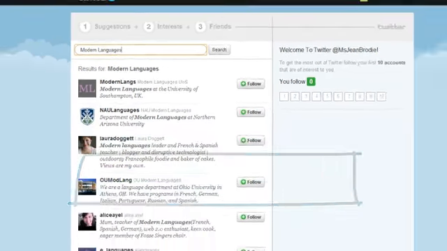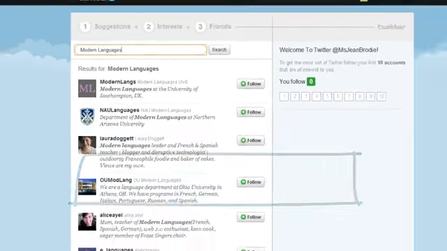Now before she can do anything, she's going to have to visit her email inbox to confirm the email address that she gave when she signed on. And here we are at the Gmail inbox, and there is the message from Twitter asking Jean to confirm her Twitter account. So we click on that. We click on the Always Display Images link, and then we can click on the link to confirm the Twitter account has been created. Okay, and there we are at Jean Brodie's homepage, and not looking particularly interesting.